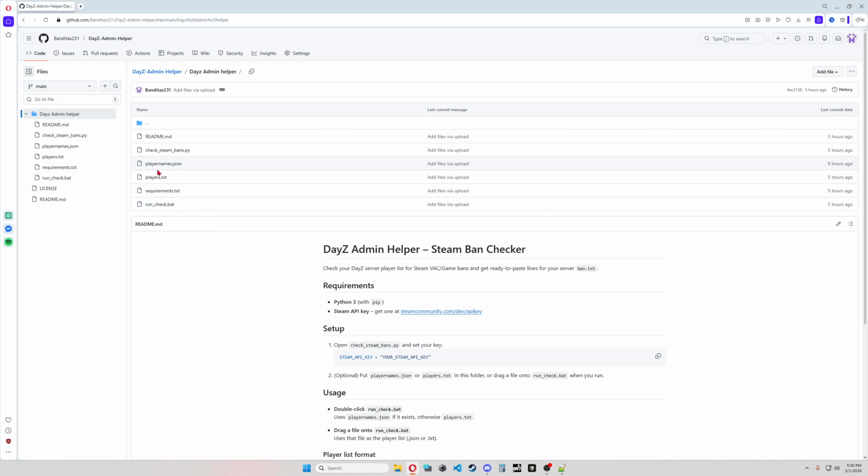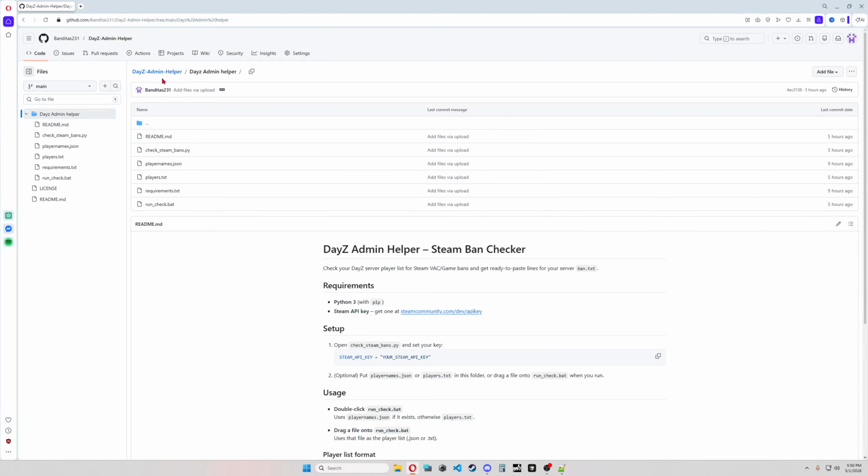If you don't use LB Master, you can just delete the player names JSON file from this folder when you download it. Only use players txt. Then you just double click check bot, and then you're gonna see magic.